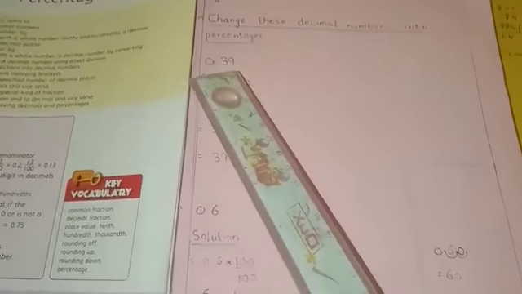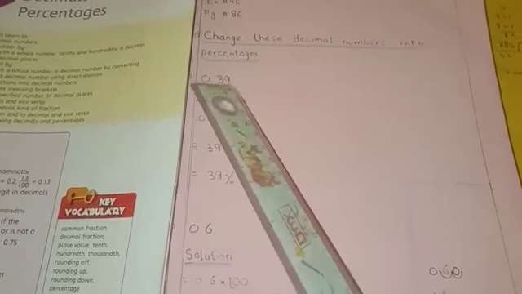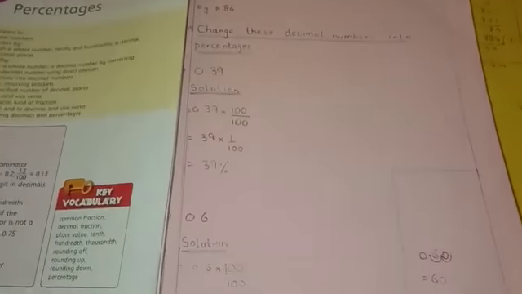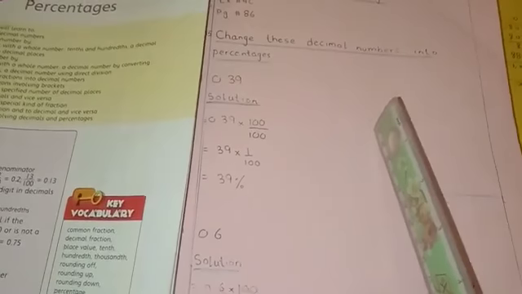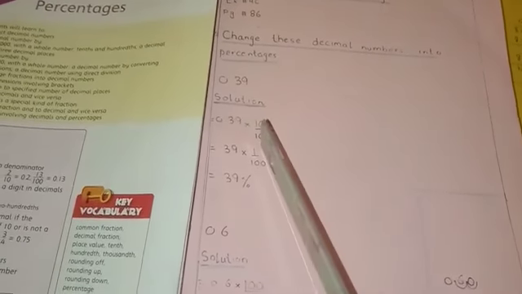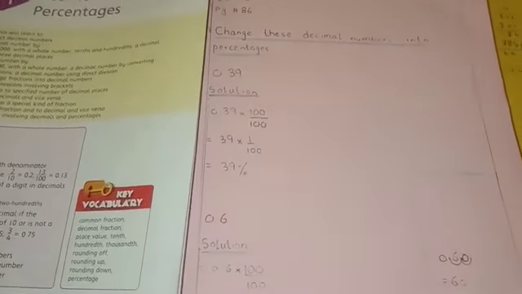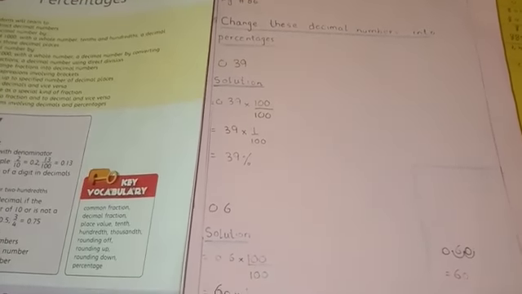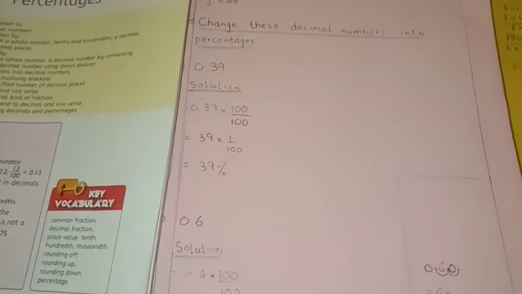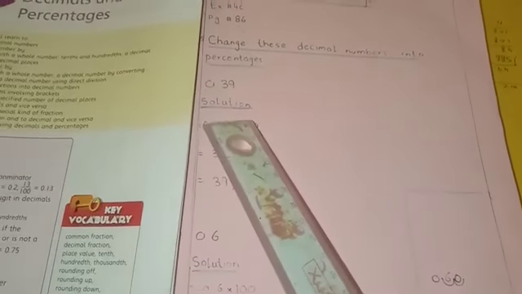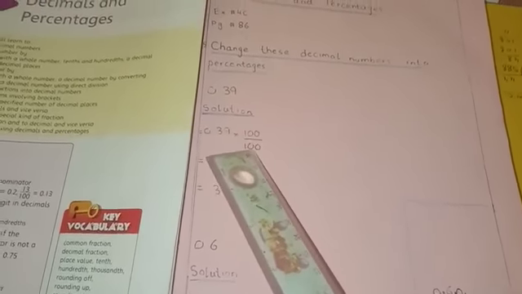I have told you that to change a decimal number into percentage, we have to multiply and divide the number by 100. Why? Because the value of percentage sign is 1 over 100, and for that we have to divide a number by 100. But when we divide something with denominator, we also have to divide it with numerator as well. So we will multiply and divide the number by 100.